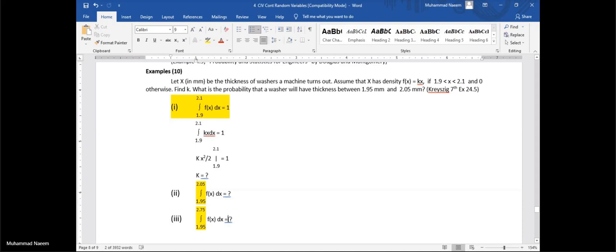This is required, and we start from where probability does not exist. Remember this thing. In all these problems, wherever we have